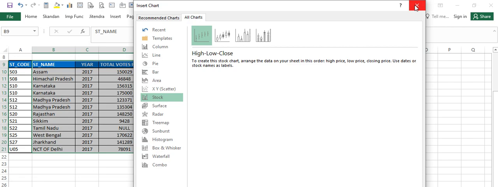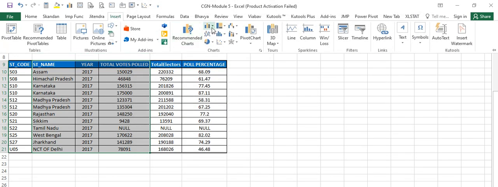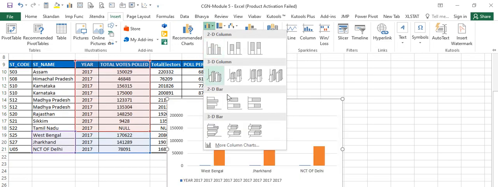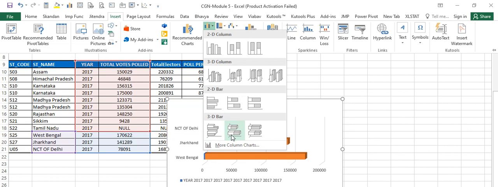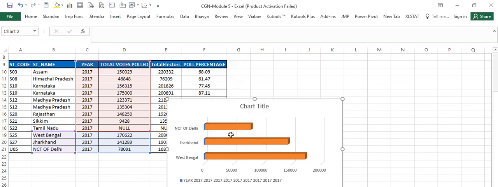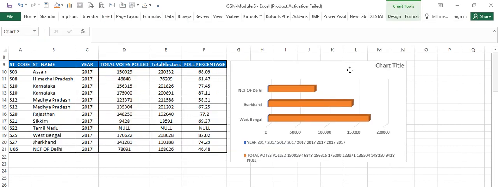The second way is I can still go to Insert. I can select each one of them, where it gives me an option to look at the data and do the whole thing. So I could do a 3D chart, and it gives me only that, because you can see that there are only three data items that I have selected at that point. It is showing me only those three. So I can insert this chart, and it can show me the whole thing.